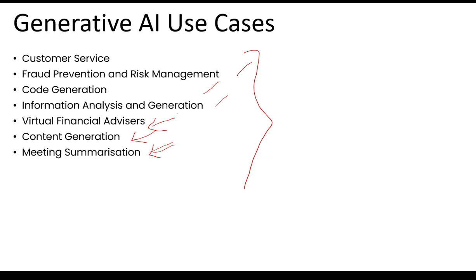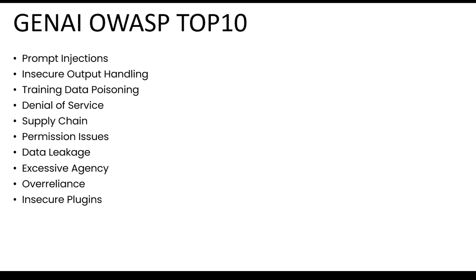The scope is expanding. So now we have AI agents as well, where they can take autonomous decisions. That is an upcoming branch of Gen AI and LLM use cases. These are some of the Gen AI security OWASP top 10 topics. Data security is very important, but as you know, any application is subject to security risk. So these are some of the top 10 categories where Gen AI applications can be at risk of data security.